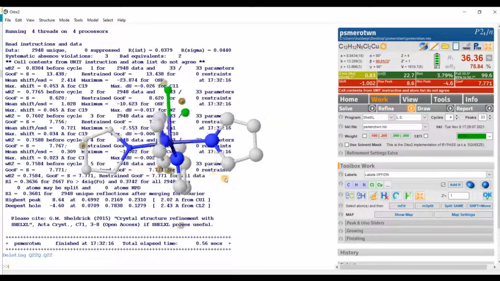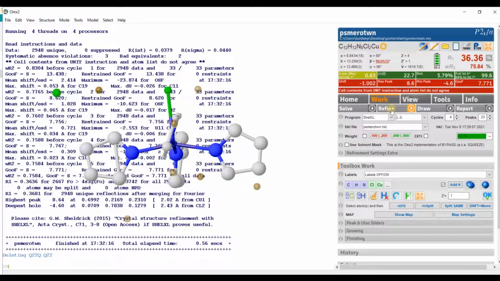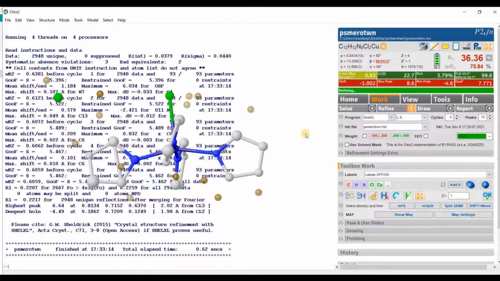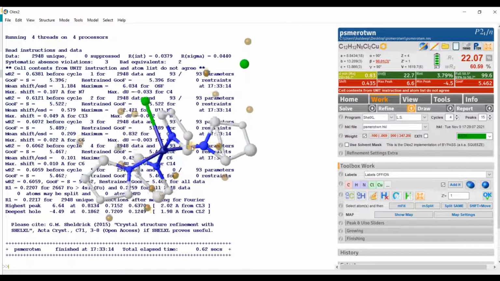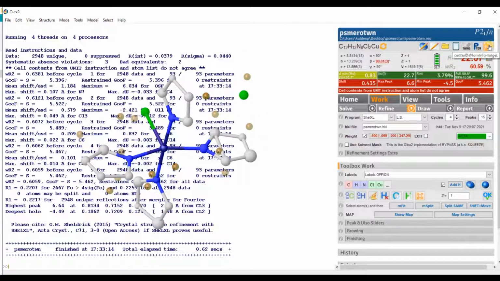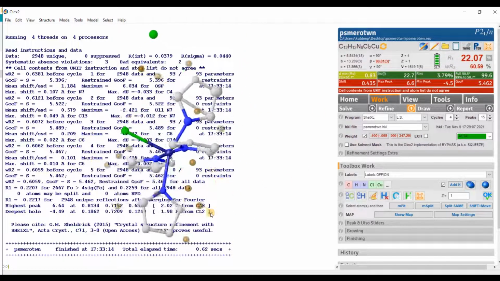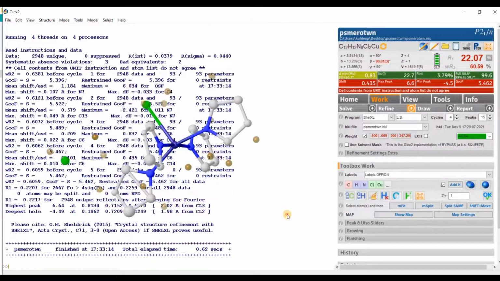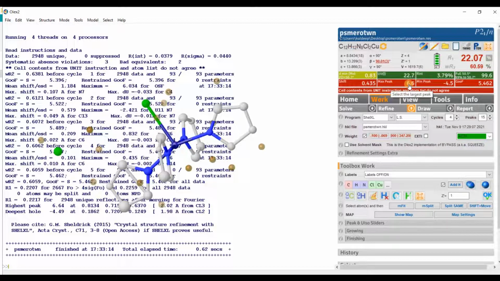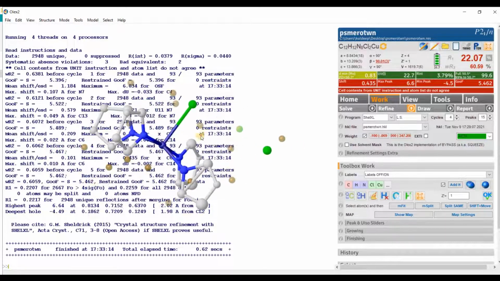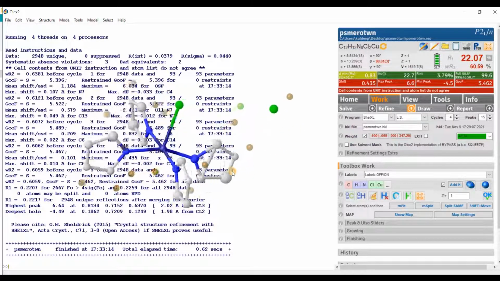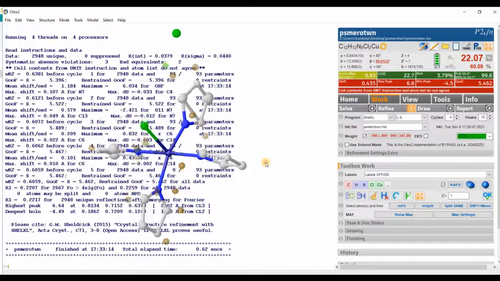Okay, so let's first go for the refinement. Refine. You can also apply the weighting scheme. Now press this button and you will see some more. Okay, no, there is no more middle ring. The highest electron density peak is 6.6. It is here. So now it doesn't make any sense. The remaining electron density doesn't make any sense.